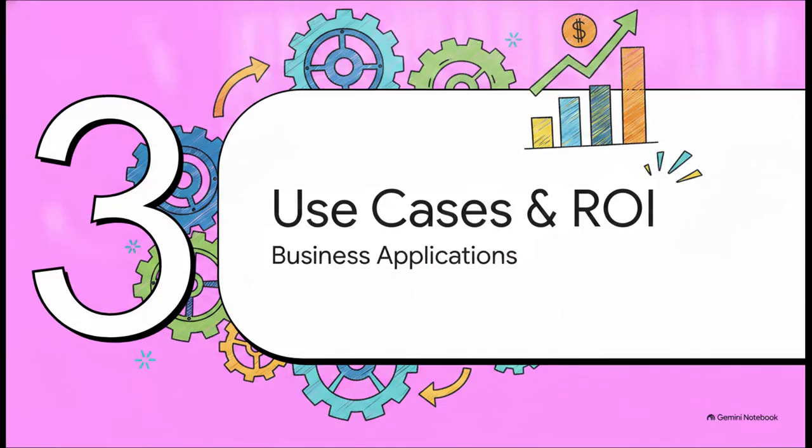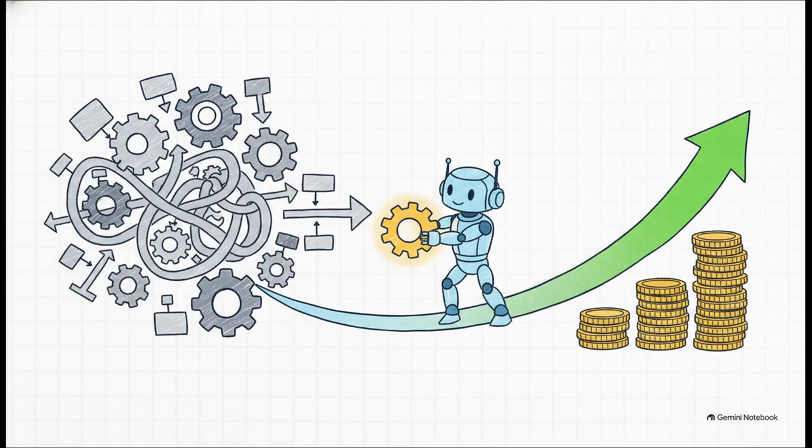So how does this actually help a business? That brings us to Section 3, Use Cases and ROI. Because of this minimal supervision we just talked about, organizations are unlocking absolutely massive ROI. Think about it. Instead of a human manually dragging data back and forth between a CRM and an accounting tool, autonomous agents can just take over that entire workflow. They identify the bottlenecks and take action themselves. This kind of operational efficiency is already translating to real-world industry-wide success stories across all sorts of specific business functions.